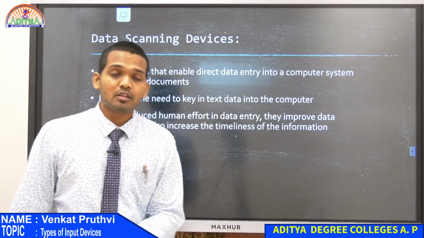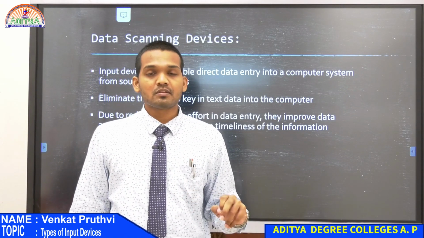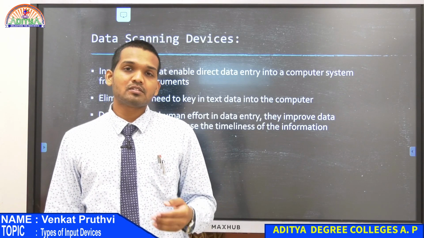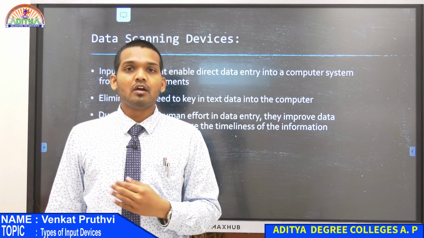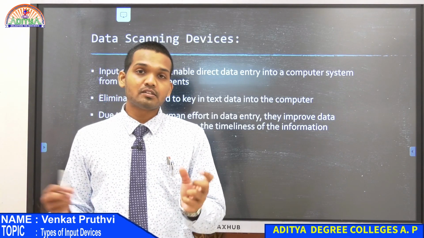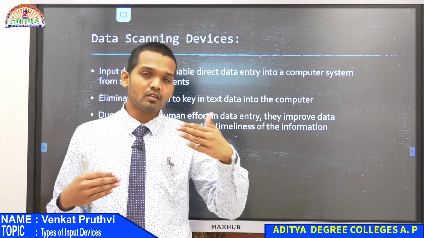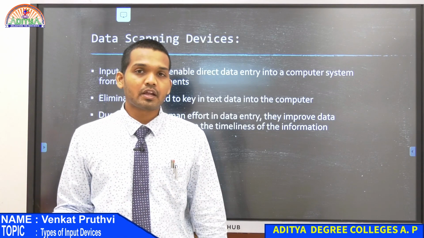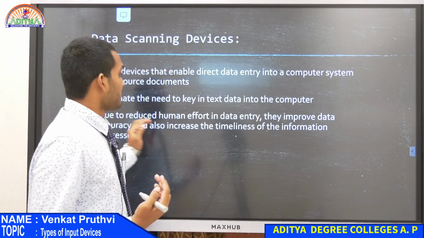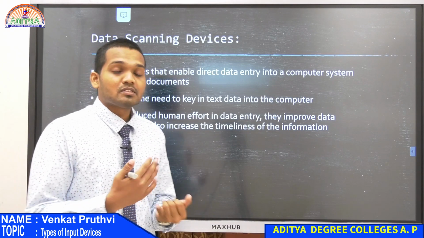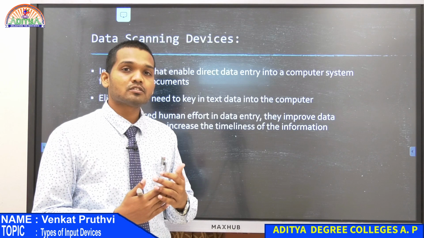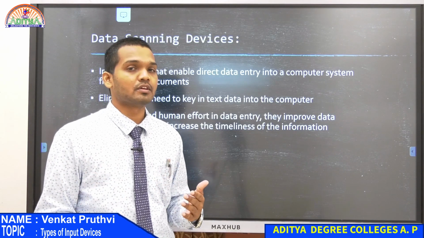Then at some point, or due to some disturbance, there might be chances that I may make some small mistakes in the spelling, or I may skip some words from the document that I am trying to enter into the keyboard. So what happens in such places? There might be chances of making mistakes, and the chance of high accuracy is missing over there.